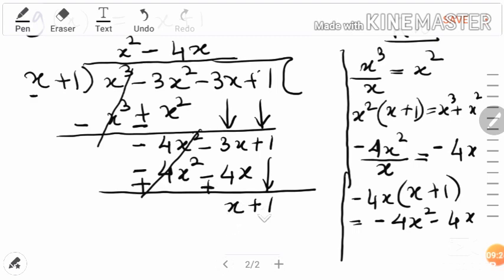Now again look at the degree of the remainder expression. It's 1. Degree of the divisor is also 1. So we can continue the division. Finding the third term of the quotient, we divide the first term of the remainder by the first term of the divisor. We get 1. So the third term of the quotient is plus 1. Now we will multiply plus 1 to every term of the divisor. So we get x plus 1. Change the sign to subtract, and we see that the remainder is 0.